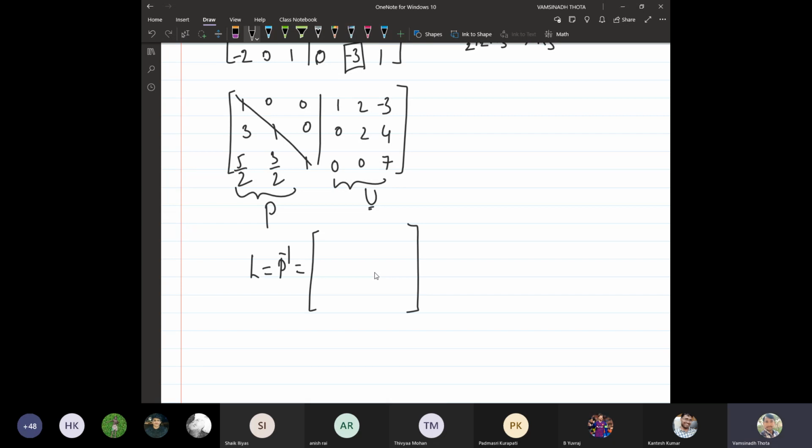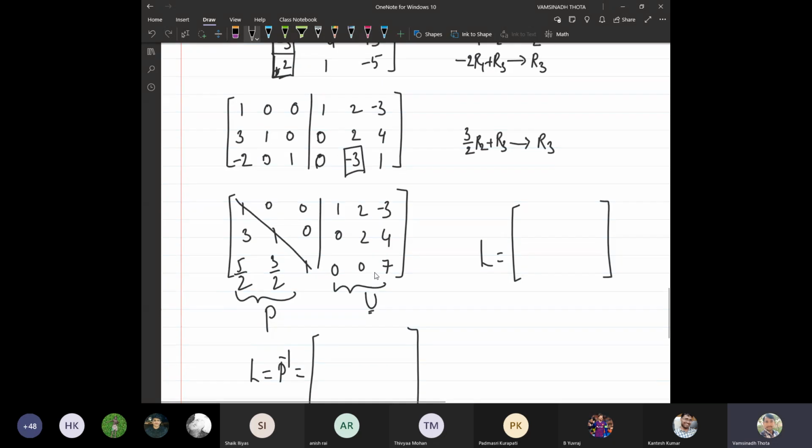Anyway, the upper triangular matrix came, but this is one way. There is another way also to write the lower triangular matrix. Basically, we are making it a unit lower triangular matrix. So this is common. What we need to find out are 1, 2, and 3. Three places we need to fill.